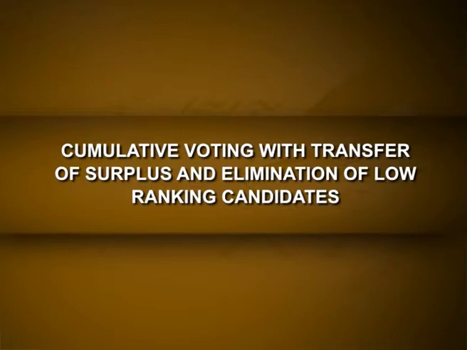Cumulative voting with transfer of surplus and elimination of low ranking candidates. In this section, we shall consider cumulative voting with transfer of surplus, but we shall add one new feature. If after all transfers of surplus votes, fewer than E candidates have been declared elected, then the candidate with the lowest vote total shall be eliminated, and the votes currently assigned to the eliminated candidate by voter i shall be transferred to voter i's remaining active candidates in accordance with the proportional transfer process described in the last section. In case of a tie, the candidate to be eliminated shall be chosen at random.